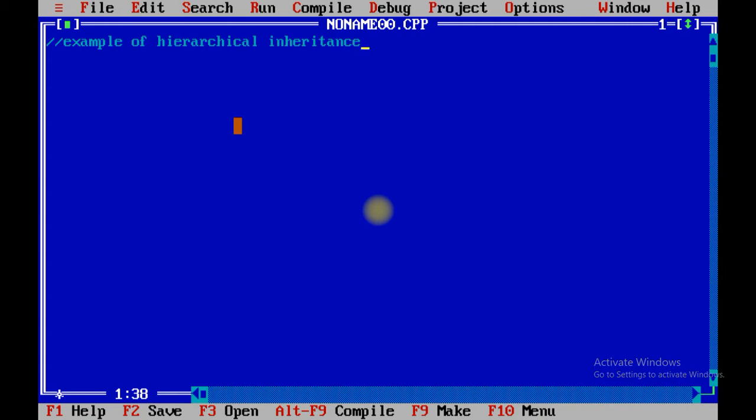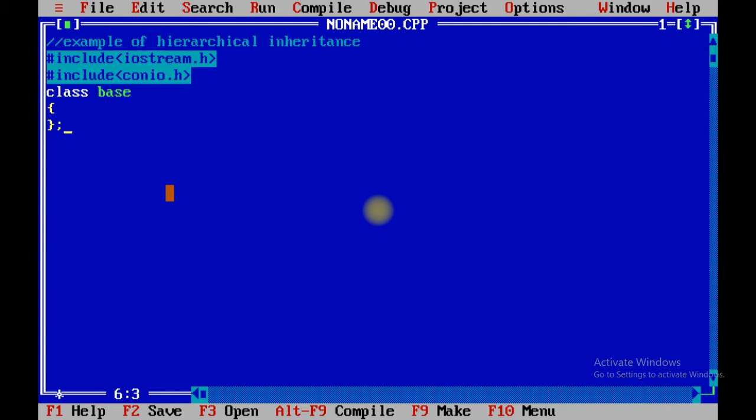So, first of all, we are going to create the base class. So, include two header files which we are always including, iostream.h and conio.h. We are going to create class base.